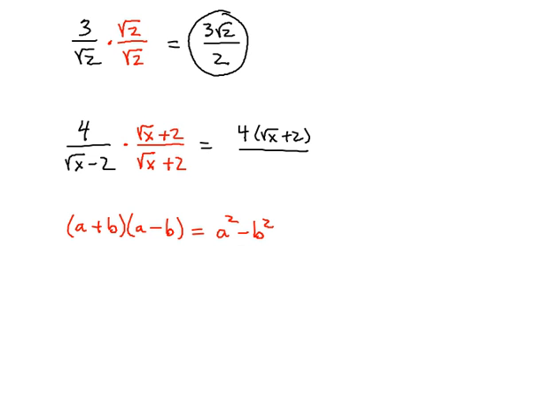In the denominator, I'll have the difference of squares. So I'll have the square root of x squared, and I'll have the 2 squared. So 4 square roots of x plus 8 divided by x minus